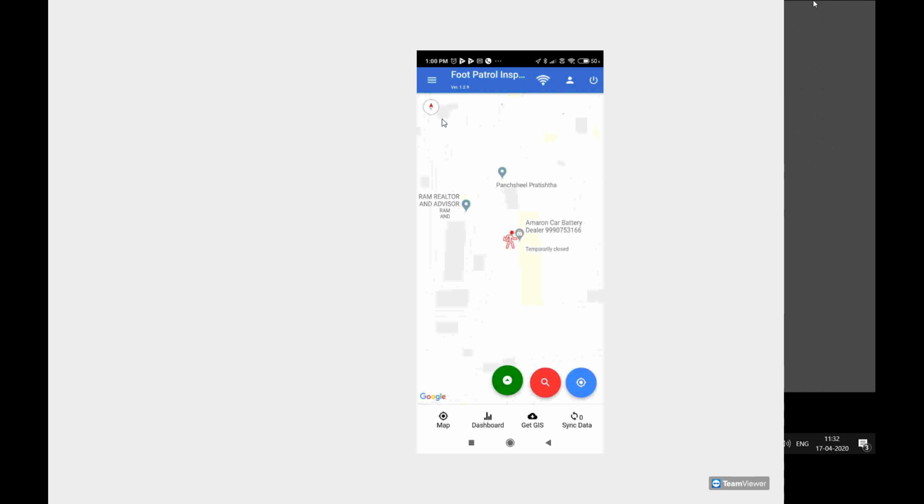Now I want to show you the dashboard option that we have provided in the TDMS web application. We will see how the defects captured using this Foot Patrol mobile app will appear on the dashboard in the web application. We will also see which sections have been patrolled, which sections are due for patrolling, and which are overdue for patrolling, and all these things in the web application. So before moving on to the web application,